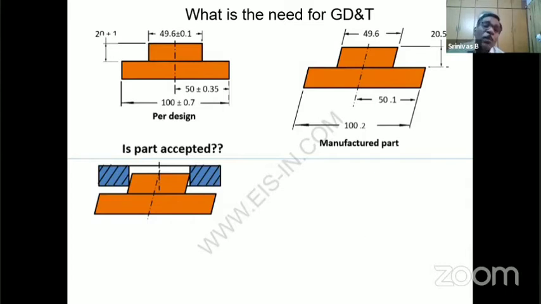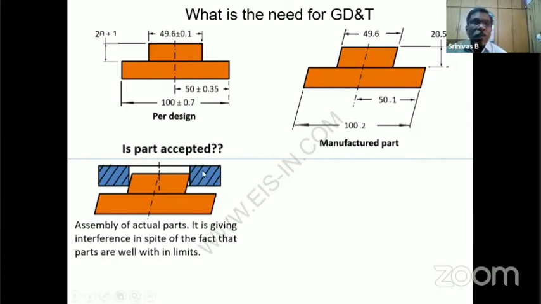So where is the problem? Who made the mistake? Is the manufacturer wrong? The dimensions you have given, he manufactured. You have not given any tilt control here, any perpendicularity control of this lug with reference to some leader, with reference to some datum. Therefore, he produced. Therefore, technically, we need to have an additional thing. Are you able to appreciate now why GD&T is important?